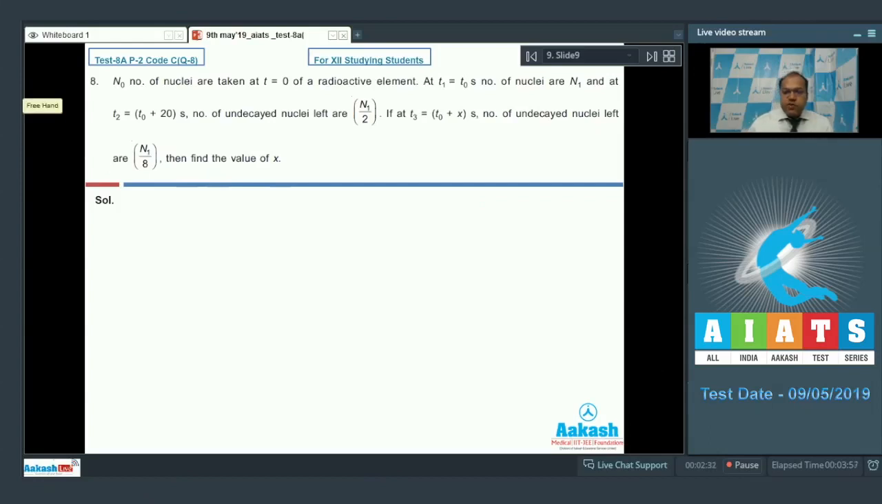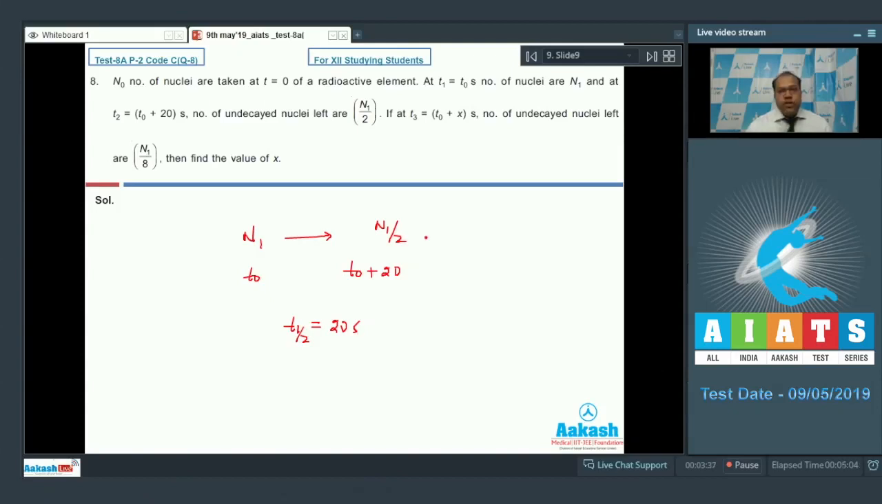So let's analyze the situation. The number of nuclei at time t1 is n1. Here the time is t0. At time t0 plus 20 seconds, the number of undecayed nuclei left is n1 by 2. So from here we can say that the half-life of this process is 20 seconds. Now we have to find out the value of x when the number of undecayed nuclei left is